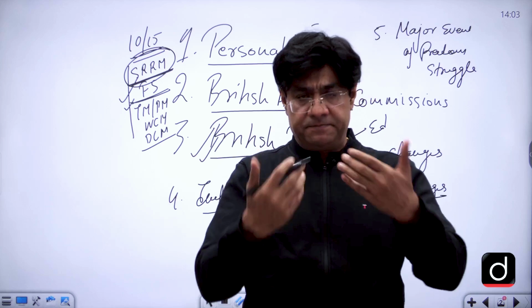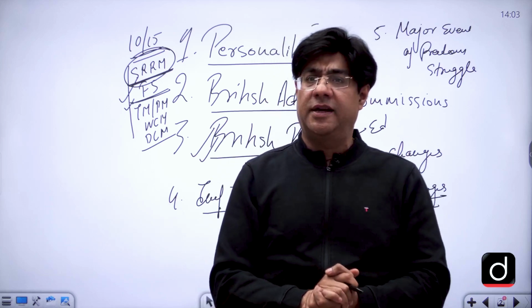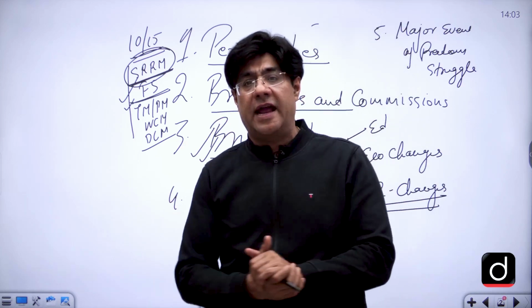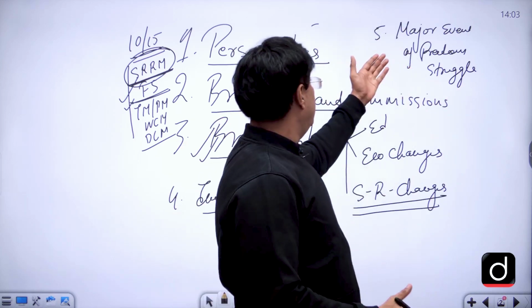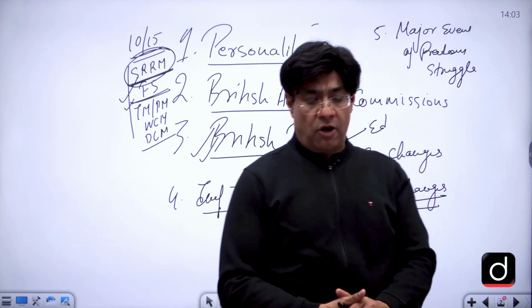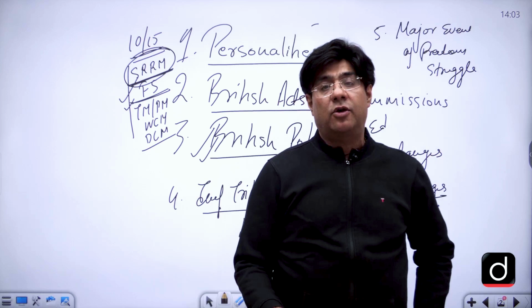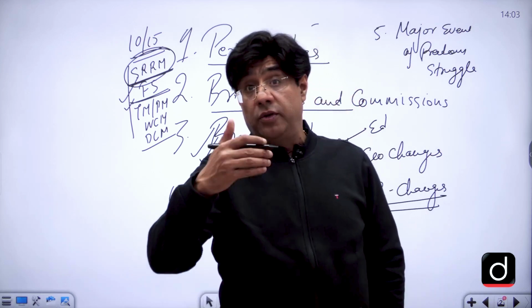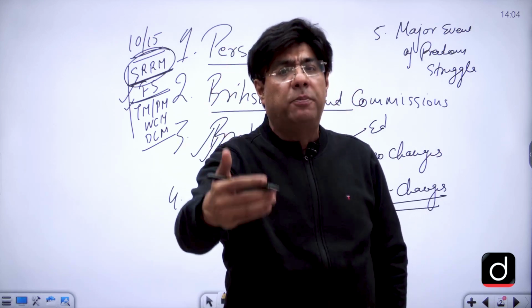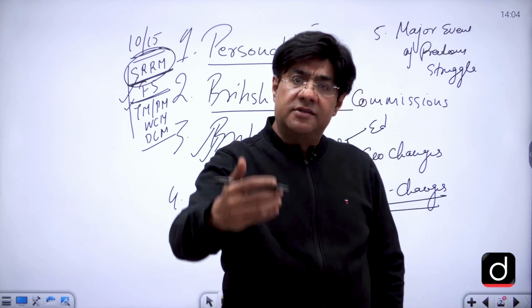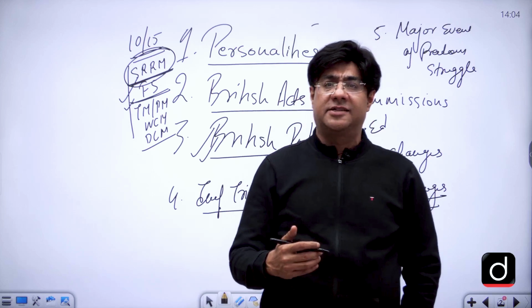And obviously, in rest of the classes also the things would be done in the same way. So in case of modern history, this one model can be followed. Important major events of the freedom struggle, or important landmarks of the freedom struggle. Now in the important landmarks of the freedom struggle, we will be doing those events which are not very popular in the history. It is only found when somebody comes to give the UPSC examination.